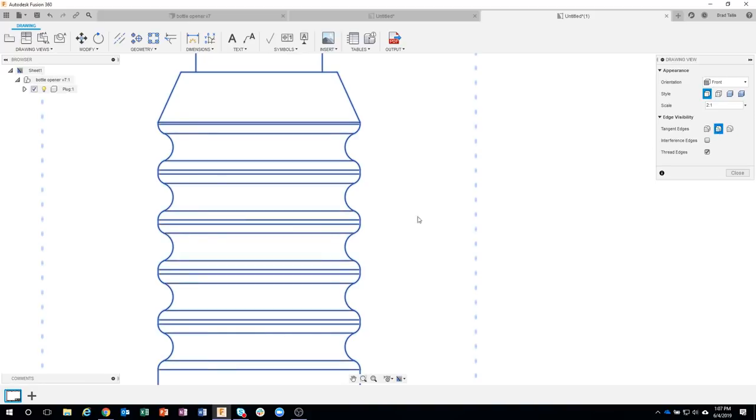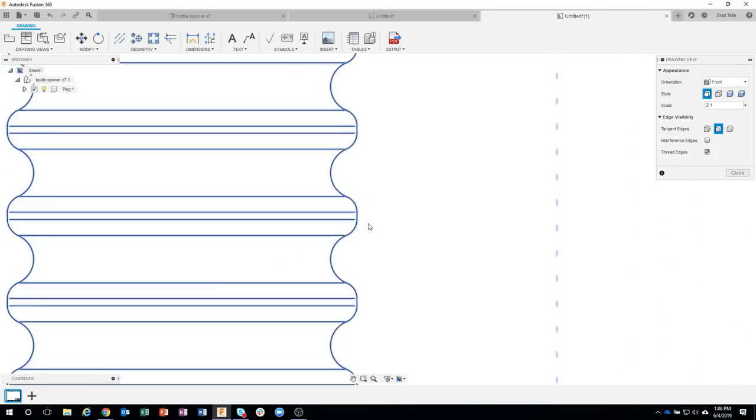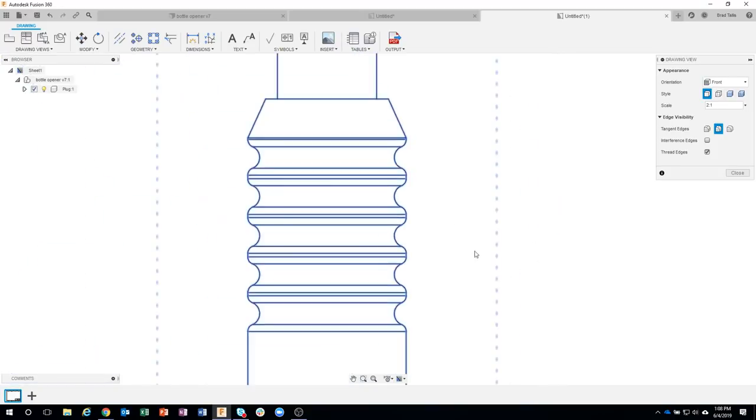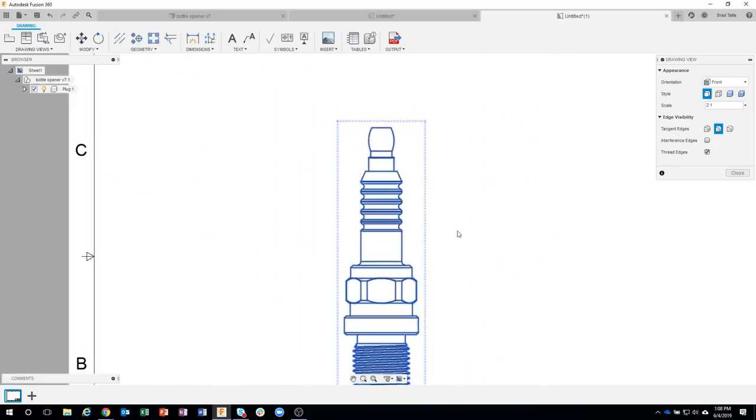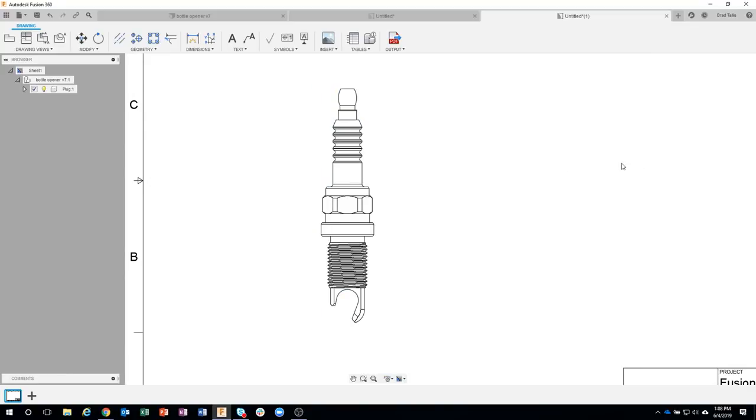If I say shortened, and I zoom up here a little bit, you can see that it doesn't go all the way to the edge. And this is a cool way to get some really nice looking drawings. So I'm going to leave this as shortened in this case. Okay. So I'll hit close, and there we can see